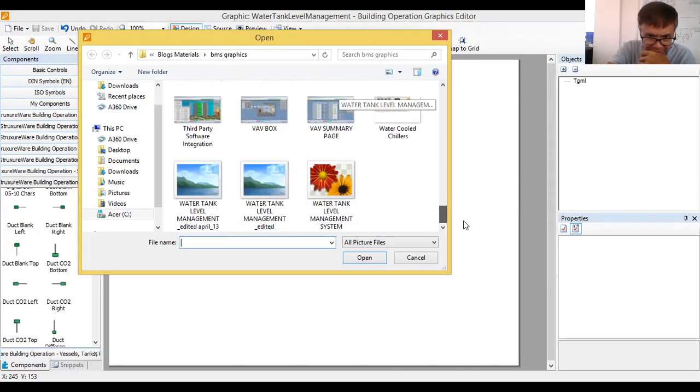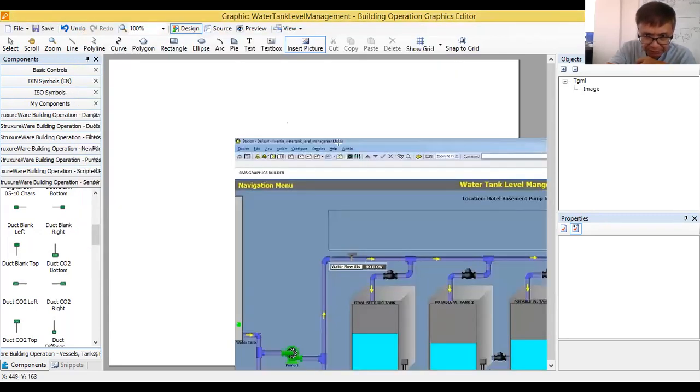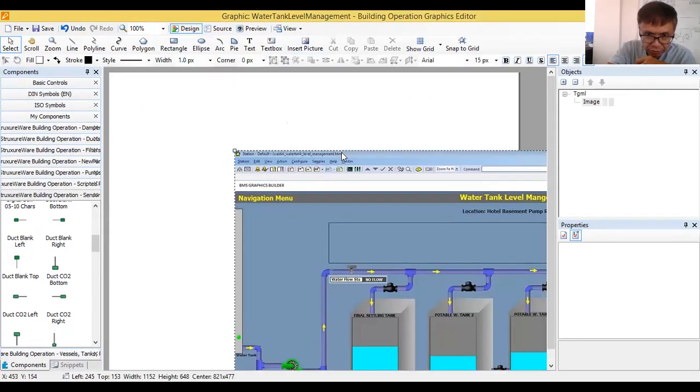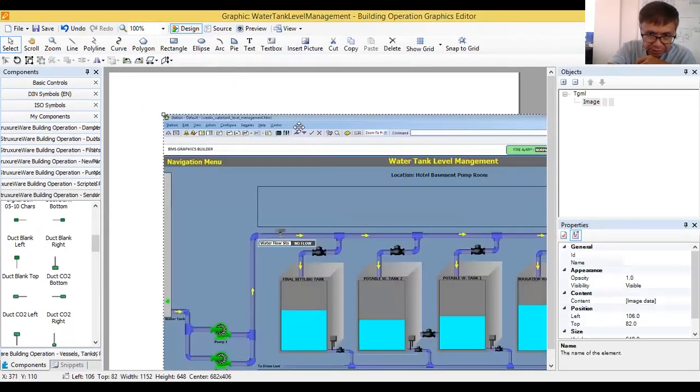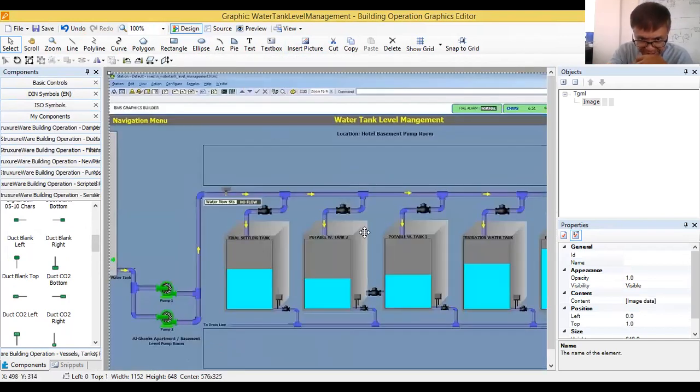Okay, this one I want to open. Now I'm going to use this. Let me position it in my graphic file. I want to use this picture so that I can edit it or put objects in this picture.